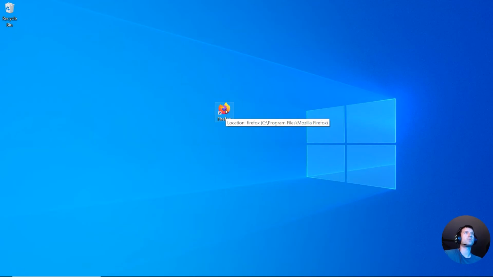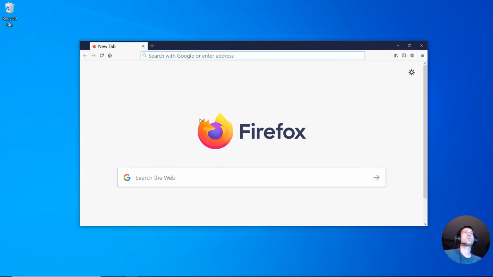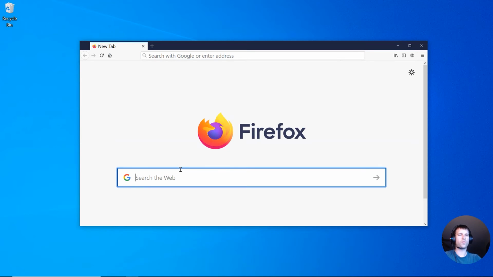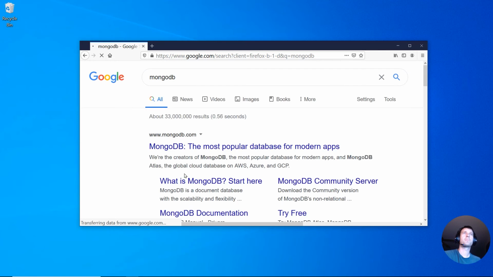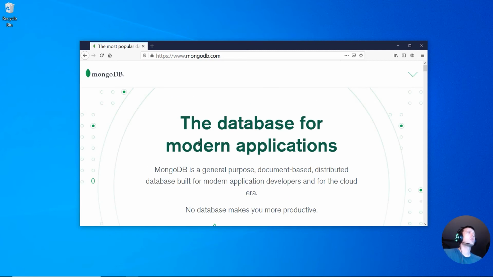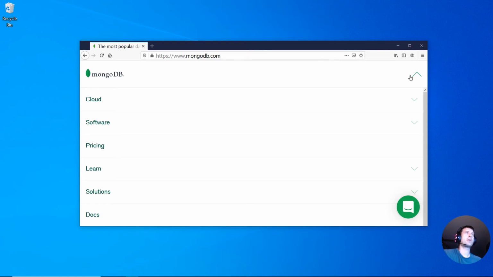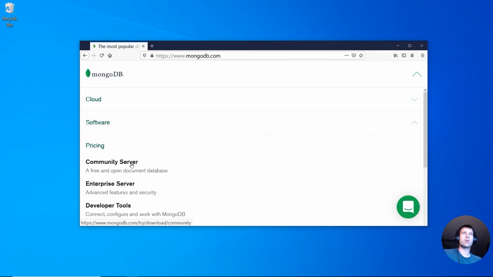Let's go to our favorite browser to start. We are going to search for MongoDB. And mongodb.com is the website we're after. Click on that to open it up. It's kind of hard to find on their homepage. The easiest way is to find the drop down over here. Look for software, and we want community server,